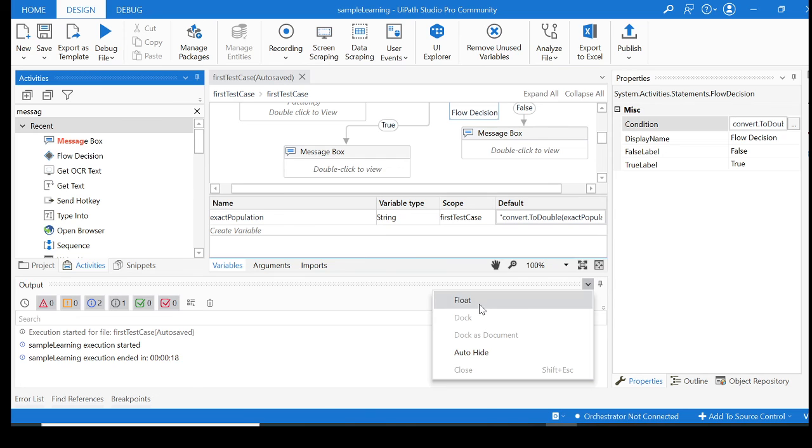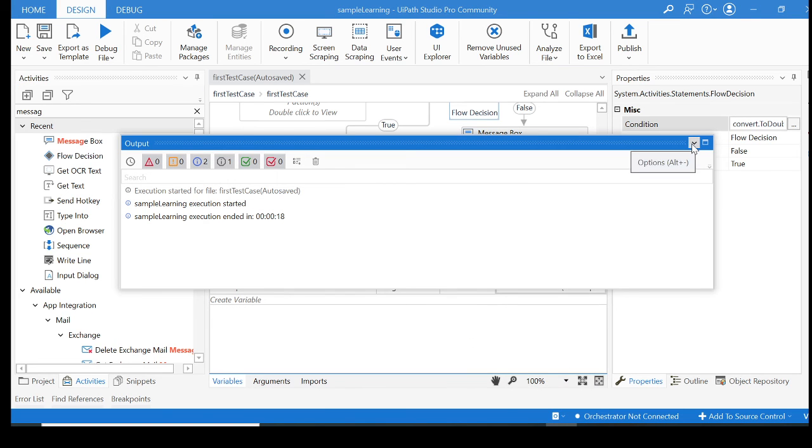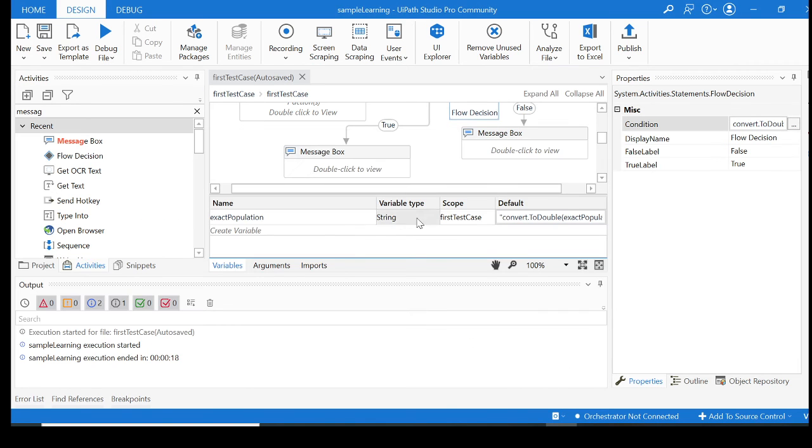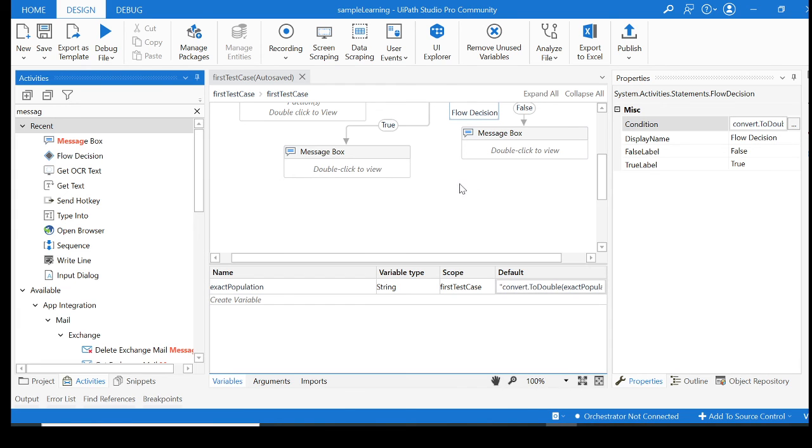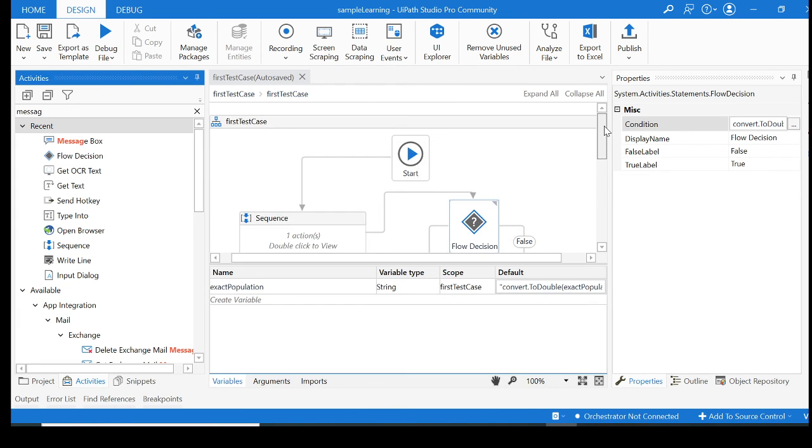So this is our first test case, and let's revise what we have noticed. First you create a flowchart, then you create a sequence where you perform all the operations, whether you work with a desktop-based or window-based application.